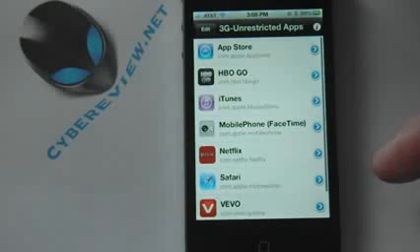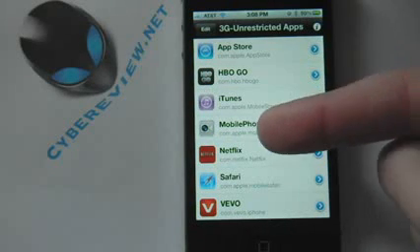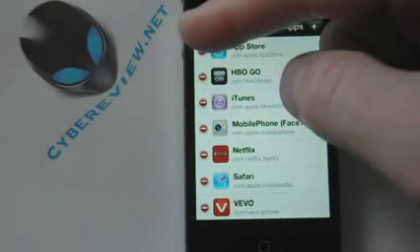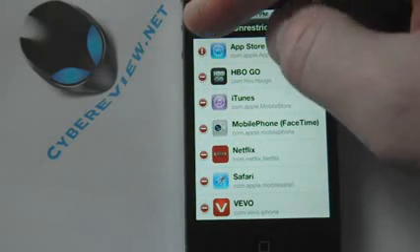And here are all the ones I've enabled. And like I said, FaceTime's my favorite thing. So once you've done that, you're good to go, and it'll work over 3G. And then if you want to delete the source, you do the same thing. Just hit Edit, and you can delete the source by clicking and hitting Delete.